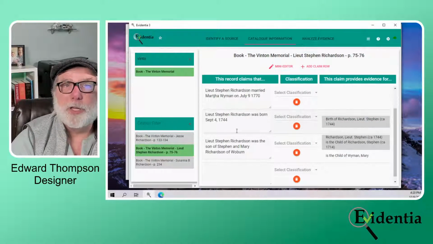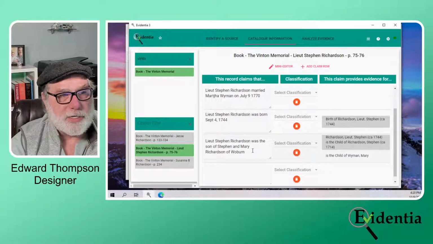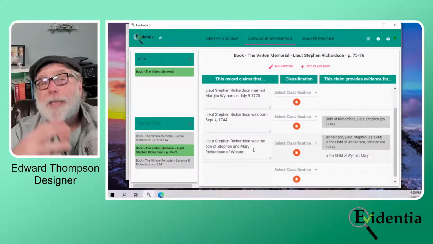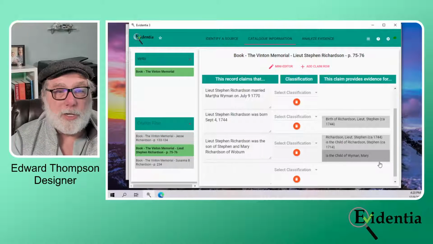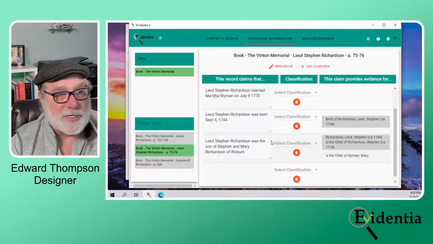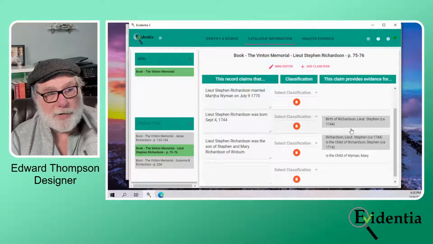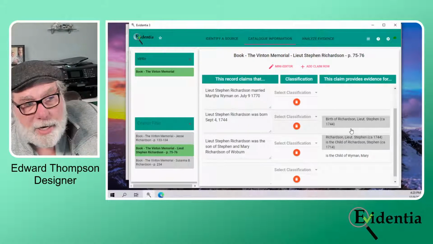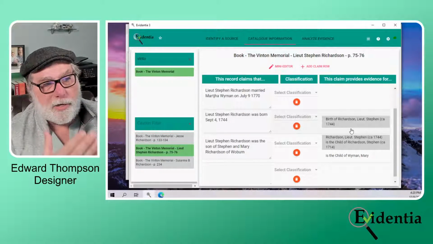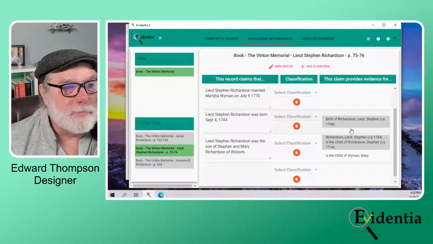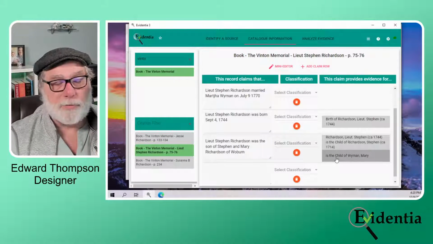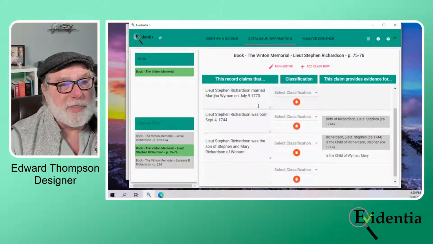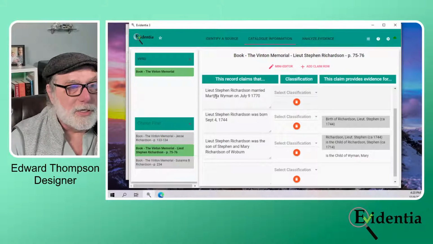So here I split out the birth date and the parents. That makes sense because I'm going to use this to prove the parentage and this to prove the birth date. And I may actually add an entry about residence, that at the time of his birth he was living in Woburn, because that's implied by the information. Now in this case, doing it here,